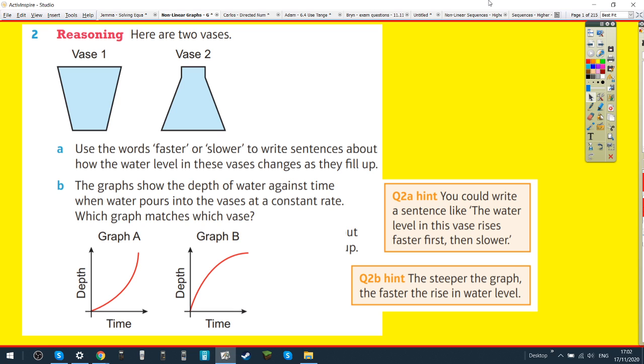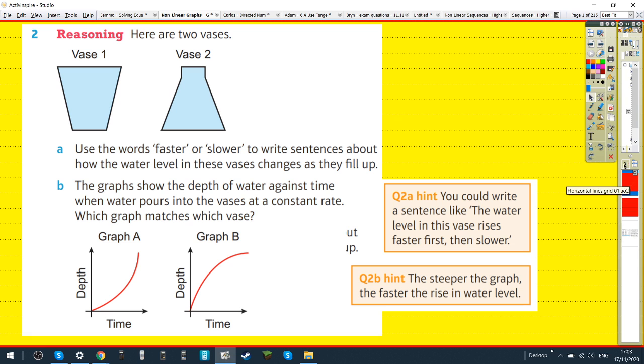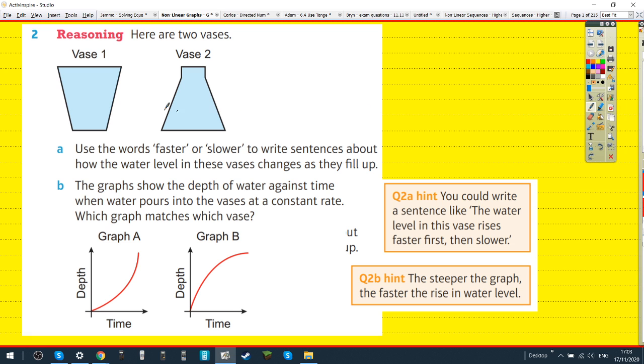Is graph A for phase 1? I don't know. So how would you, if you were just describing faster or slower, the height, or sorry, the depth of the water as it rises in terms of time as well? So I think that phase 1